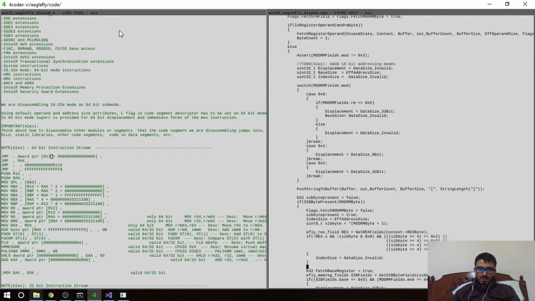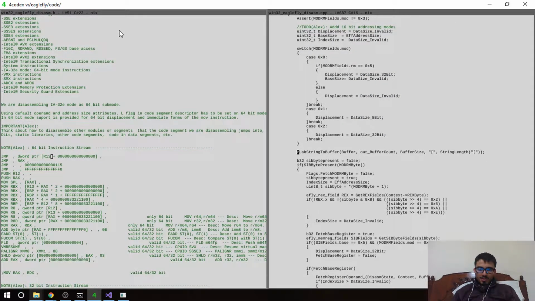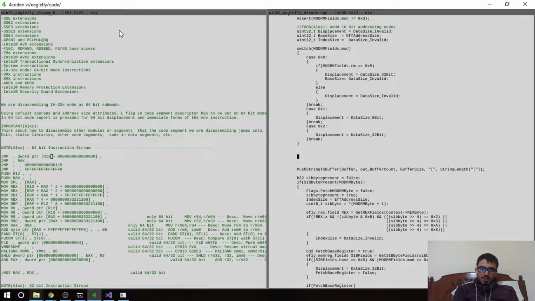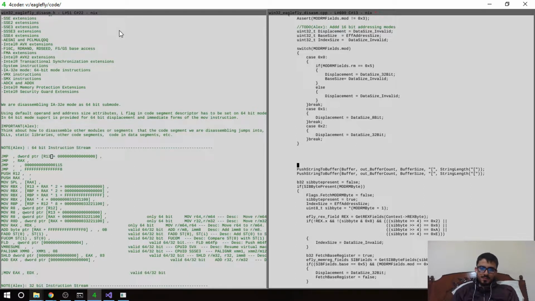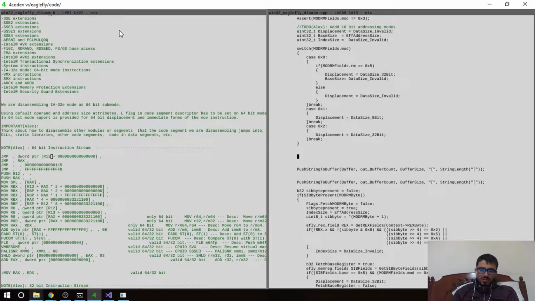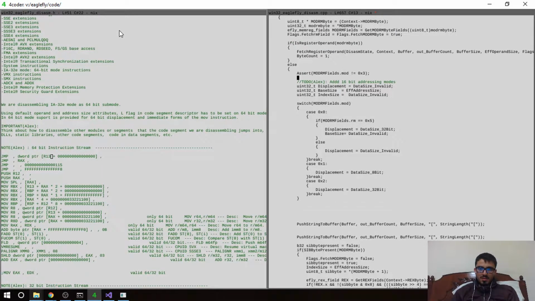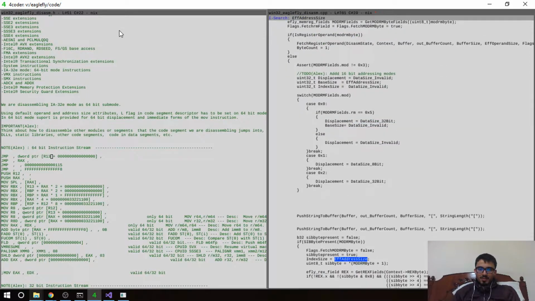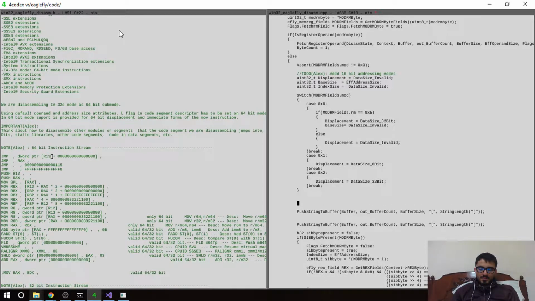And right here, whenever we make the push, first before this part, we want to push another thing here, which is going to be the operand size. And we have the effective operand size, which we can use. So we can just say